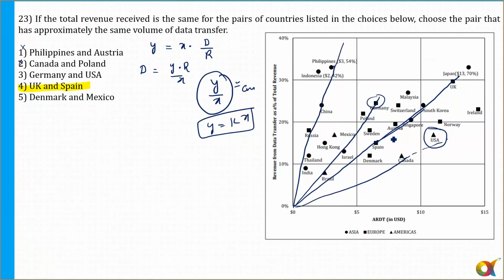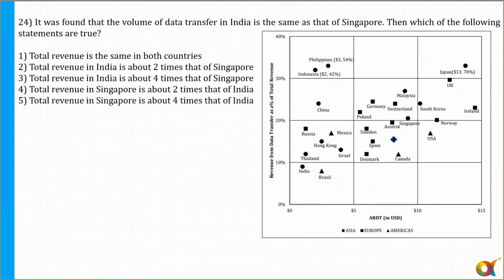But the understanding, if you understand it well, like I did with the breakup, and I've told you that whenever there is a question related to ratios, first understand the ratios, what ratios they are asking, then it will be easy for you. So can I move to the next question, question number 24? It was purely observation based.